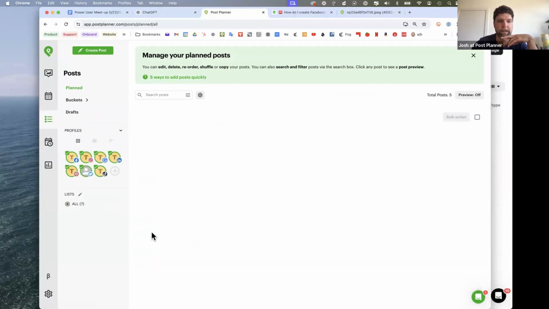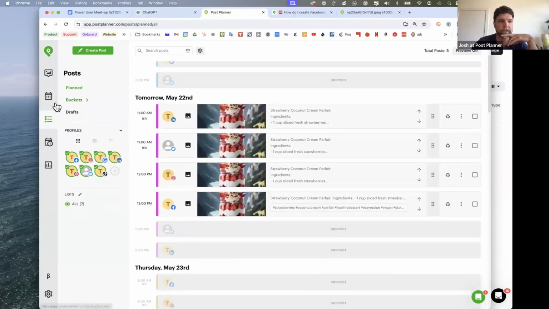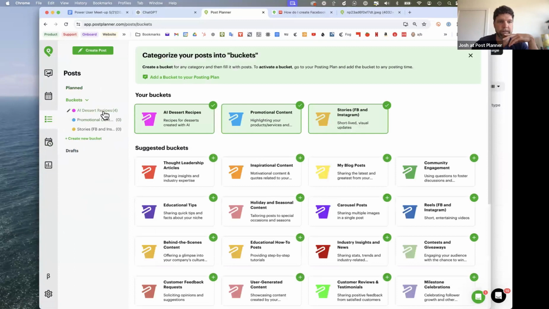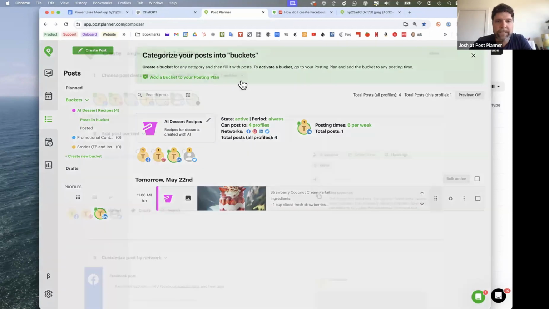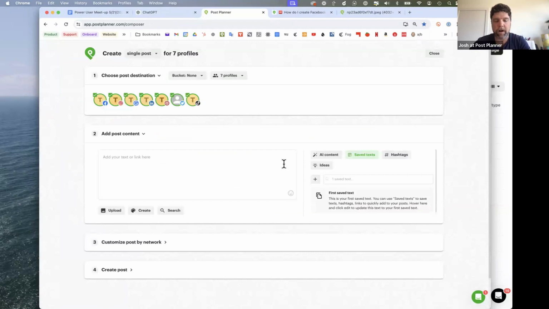I can choose my all list here and just see all of them. So if I go back here to buckets, now these are all good to go. I do only have one post. That's why it's yellow, not green, because it's going to be empty pretty soon. But every one of these has a time slot. So that's why there's no red on any of them and they're good to go. So yeah, that was kind of quick, but that's our V1 of creating content with AI